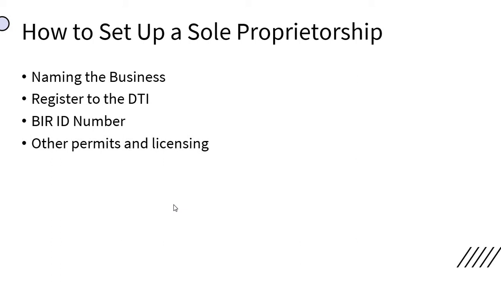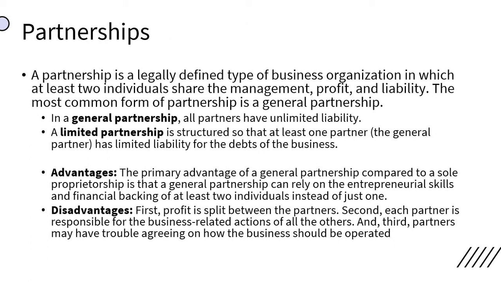A sole proprietorship, your responsibility is not only for yourself, it is also for the business, kasi kailangan mong i-register siya ng tama. Okay? Next natin is the partnership. Okay, pag sinabi nating partnership, it is a legally bounded type of business in which at least two, pero yan sa accounting natin, at least two but not more than five individuals sharing the management, the profit, and